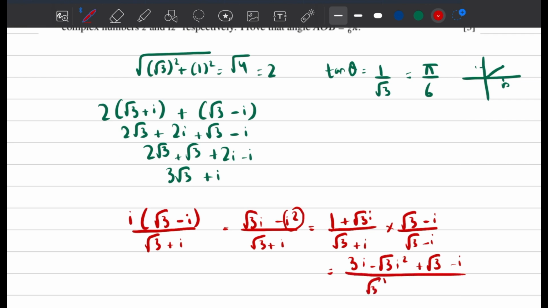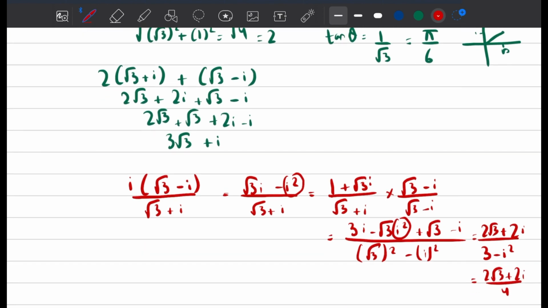Divided by (under root 3) whole square minus i whole square. So now 3i minus i will become 2i. i square means -1, so plus under root 3 plus under root 3 will become 2 under root 3. And in the denominator, it's going to be 3 minus i square. That's 3 plus 1. Do you get this? So over 4. Now if I divide this, it's going to become under root 3 upon 2 plus 1 upon